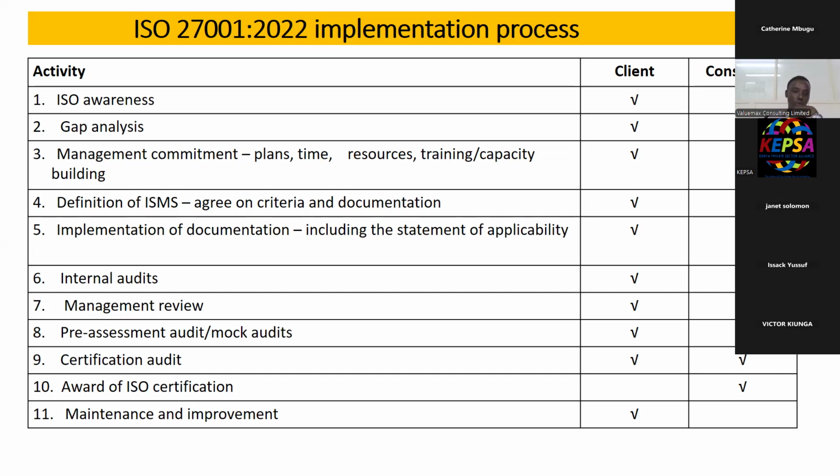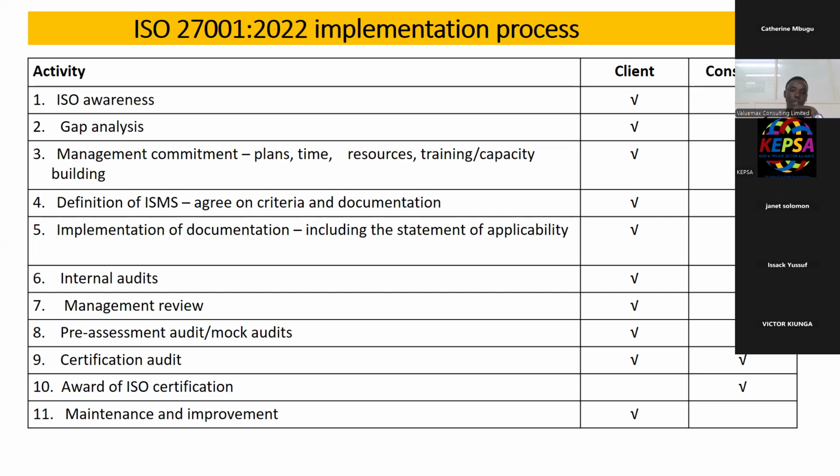Now after that, we come to the core work. We define the ISMS, the Information Security Management System. We document the standard operating procedures. Because ISO 27001 has documents that need to be maintained. There are certain types of documents that have to be maintained. An example is something called the information security policy. We have to ensure that it's documented. And once we agree it's documented, we have to implement this documentation, including something we call the